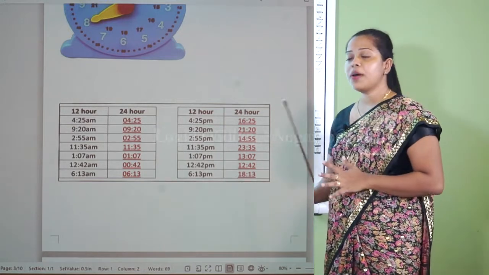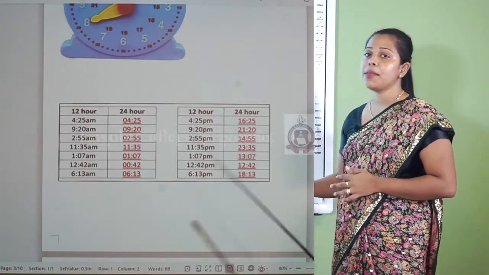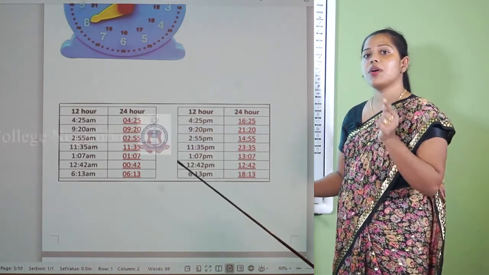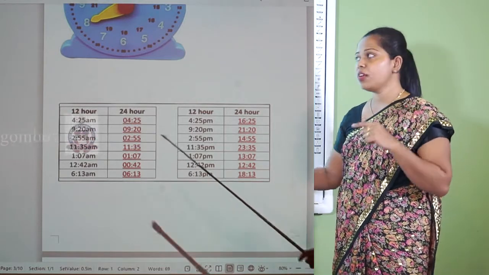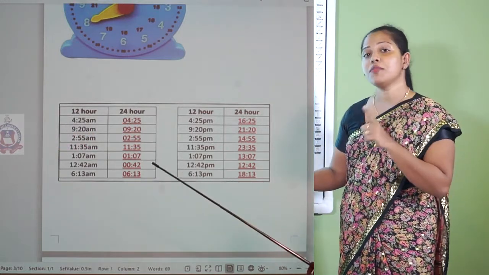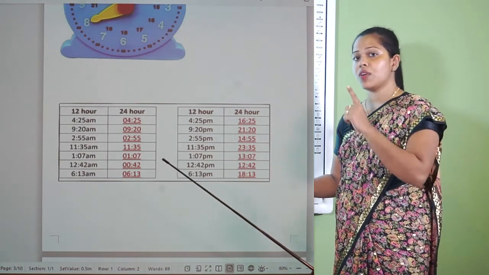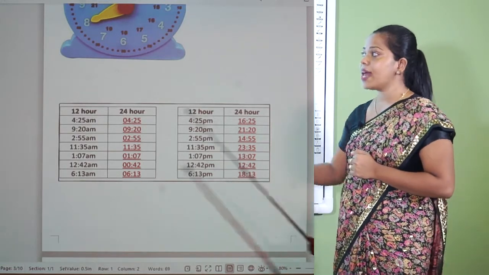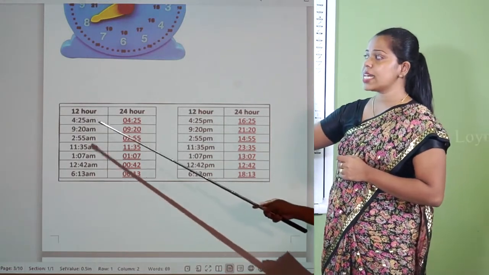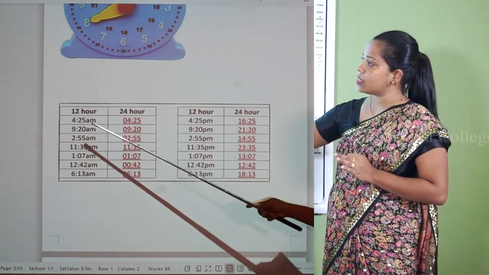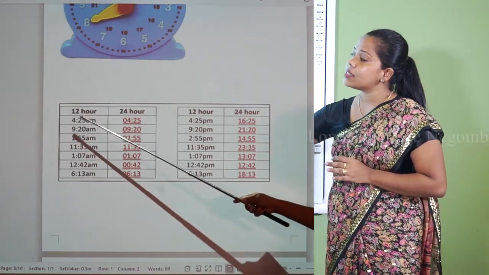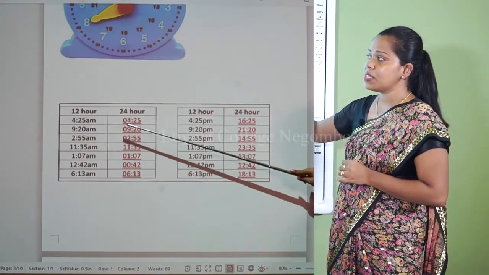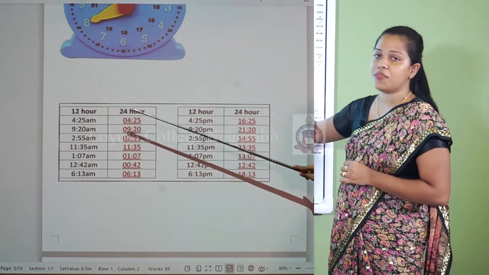Now in time part 1 we learnt AM and PM also. We have 12 midnight and from 1 o'clock to 11 in the morning we use AM, and then 12 noon. And then again afternoon 1 o'clock to night 11 o'clock we use PM. Here I have used AM. When we are converting this time with AM into 24-hour clock time, we write the same time, but you can see a small difference here.